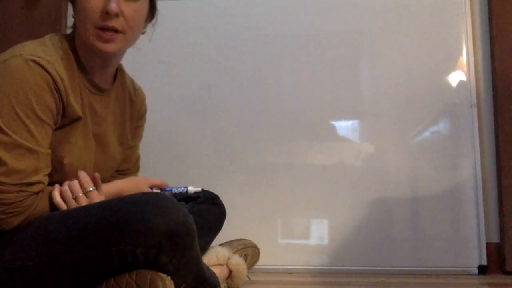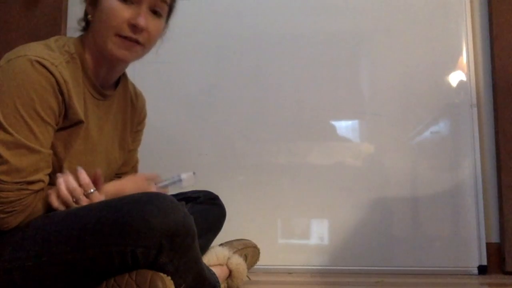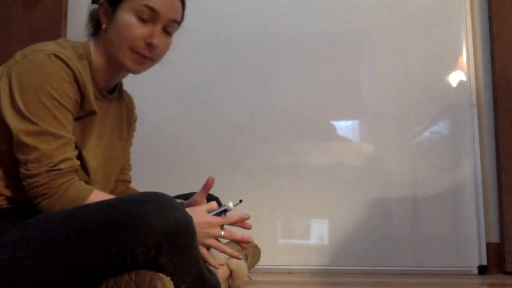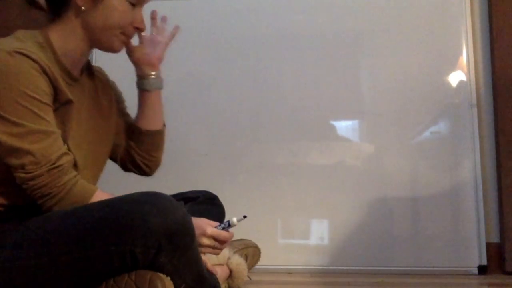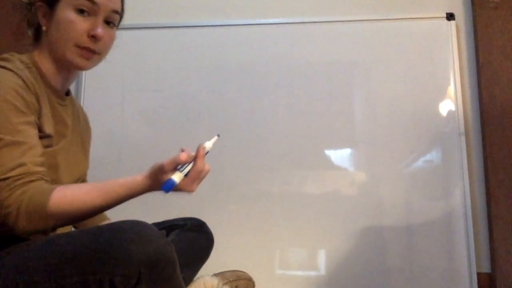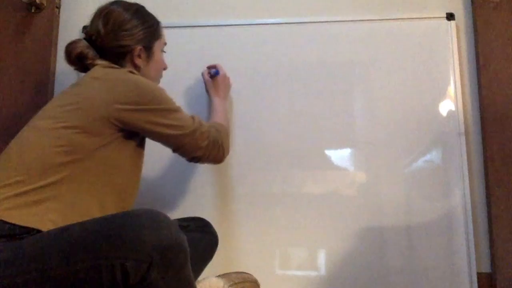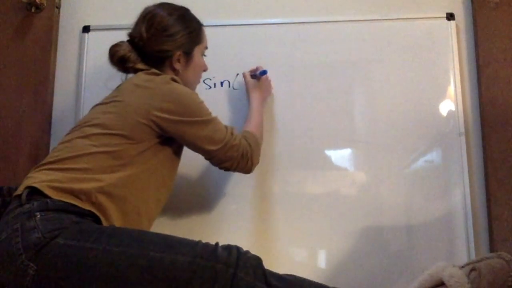Alright, a couple other basic ones are based on the graphs of trig functions. So we talked briefly about how the sine graph is an odd function. It has odd symmetry. The cosine graph has even symmetry. The tangent graph also has odd symmetry. So because the sine graph has odd symmetry, we can say sine of theta